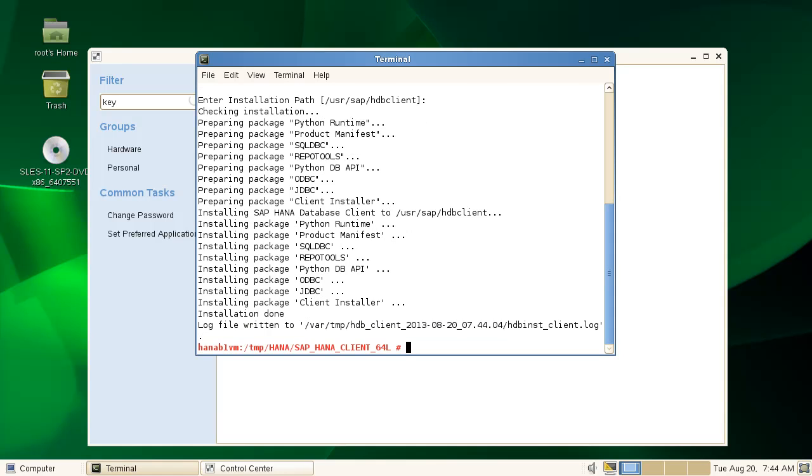And installation is done of the HANA client. As we are going to install revision 53, this is all about revision 53. So the client is revision 53, and also the HANA database engine later will also be revision 53. Okay, so then